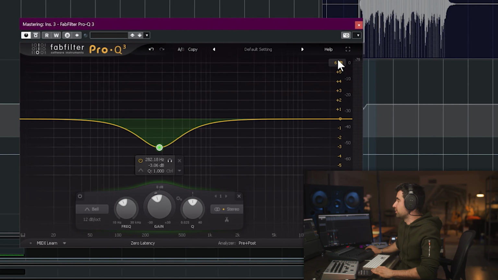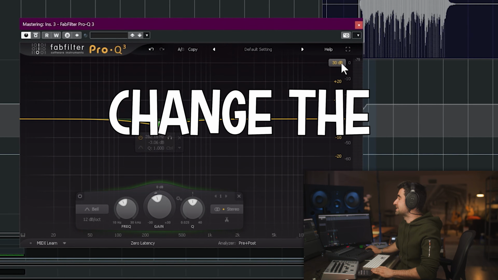Now you can change, you can tweak this, right? And if you need to do something bigger, you can change the scale, and now this is more aggressive. So this track,